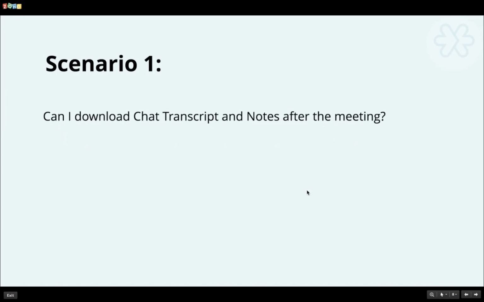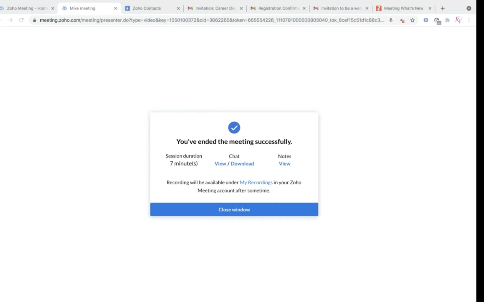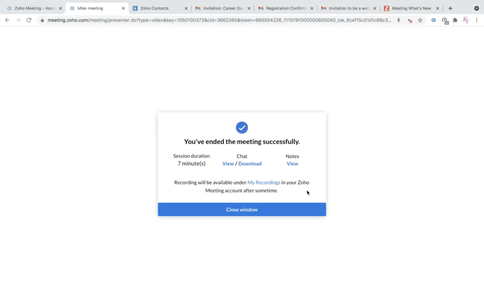All right. So as of now, we saw how to conduct an online meeting. Now, we will learn a few things in Zoho Meeting based on scenarios. Here comes scenario 1. Let's imagine we have a business HR who had conducted a meeting with his colleagues and is looking for a way to access his notes taken during the session. At the end of every meeting, the chat conversation done during the session can be downloaded at the session summary. Moreover, you will also have an option to view the chats and the notes taken during the session.